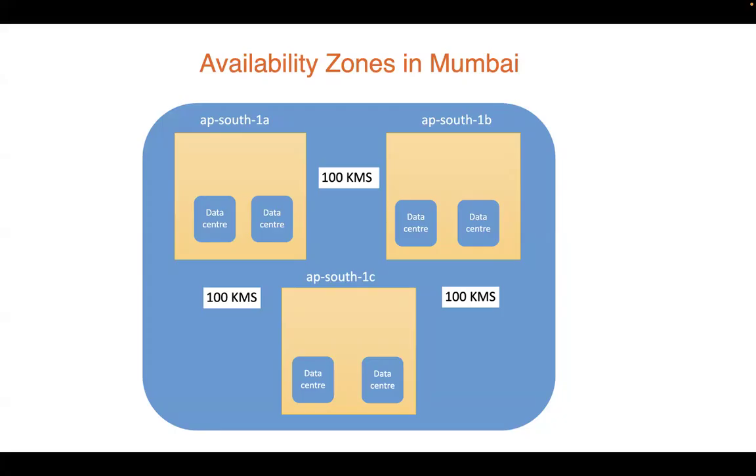Yes. So even if one of the availability zones is down, the application will still be highly available to the users. Why? Because the traffic will be routed to South 1B and South 1C. The users will not know anything in the backend, where the traffic is routing, how many servers are there, which availability zone, which region, which data center the traffic is going to. As a user, he doesn't know anything. But in the backend, if one zone is down, the traffic will automatically be routed to the other zone, because the application is running in multiple zones, 1A, 1B, 1C. If 1A is gone, we still have 1B, 1C.